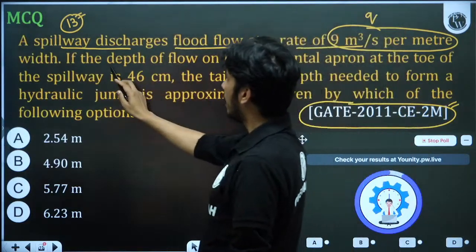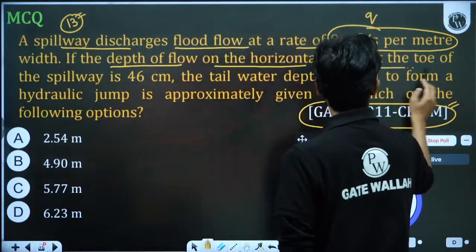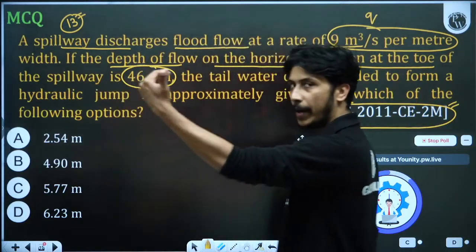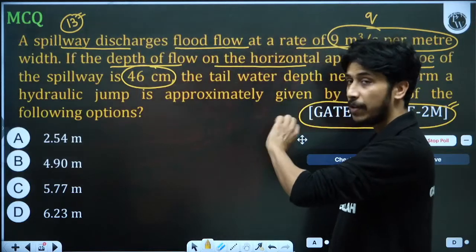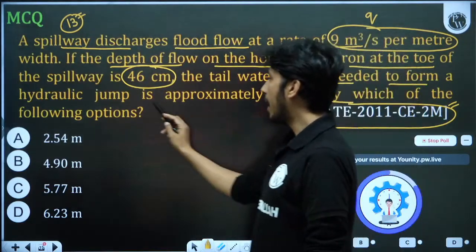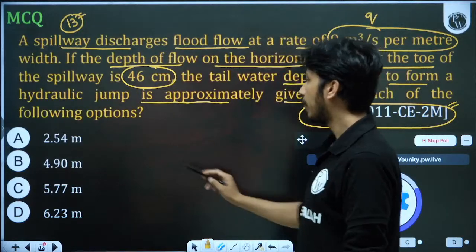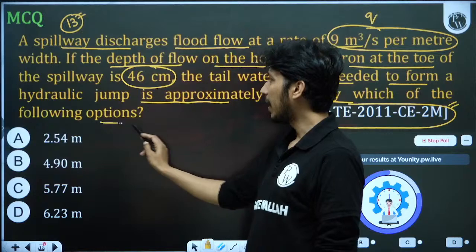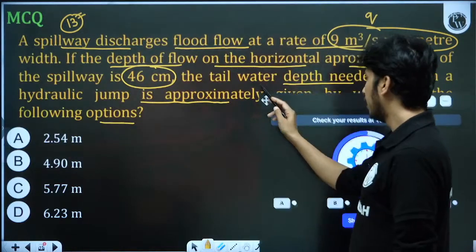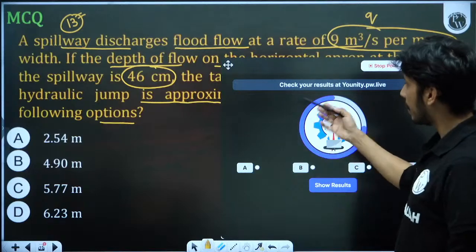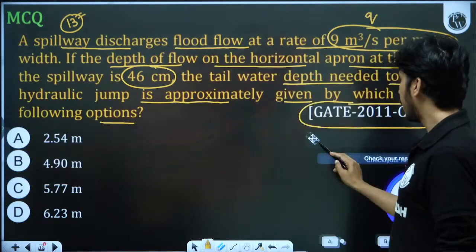If the depth of the flow on the horizontal apron at the toe of the spillway is 46 सेंटीमीटर, डेप्थ ऑफ द फ्लो कितना है, मतलब जब स्पिलवे से पानी नीचे गिर रहा है तो 46 सेंटीमीटर, ये y1 की वैल्यू है। इसके बाद जंप होगा, the tail water depth needed to form a hydraulic jump is approximately given by which of the following options. तो सिंपल सा कॉन्सेप्ट है, एक क्वेश्चन हमने आज पहले भी किया था, वैसा ही ये भी पूछ रहा है। आपको y1 46 दे दिया, डिस्चार्ज दे दिया है, तो ये उससे भी आसान है। पोल मैंने क्रिएट कर दिया, आंसर आपको देना है।